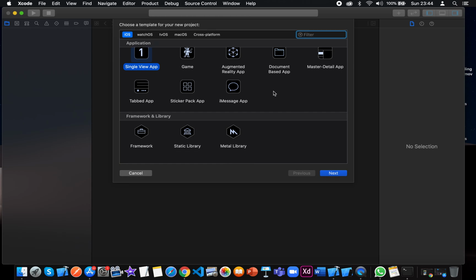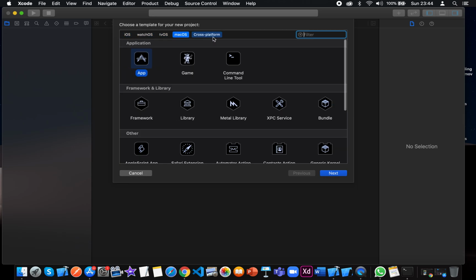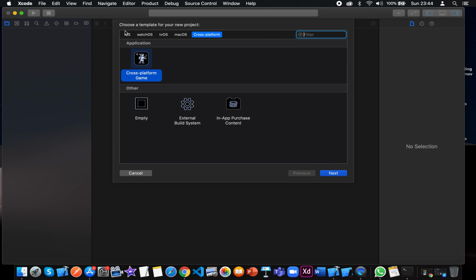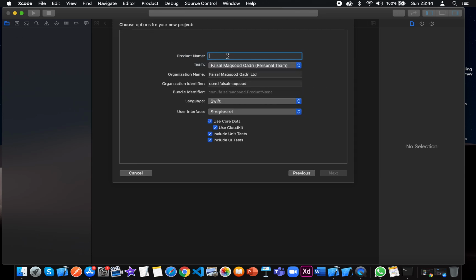So here there are a lot of options available for watch, tvOS, Mac and cross-platform. The first thing you have to do is click on single view application. Here you have to give the name of the project